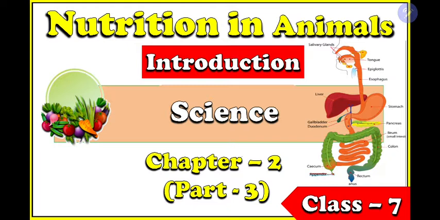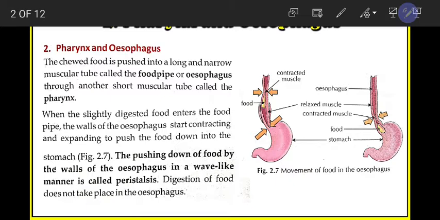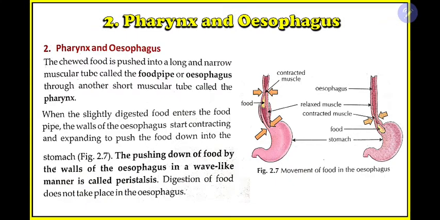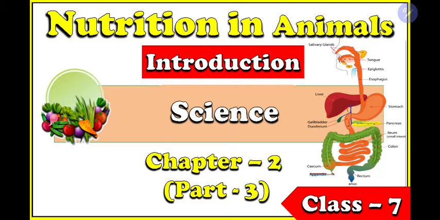So today we'll cover the remaining part of the human digestive tract or the alimentary canal. The next part is the esophagus. The esophagus is also known as the food pipe. Whenever we eat any food from the mouth, it will go to our stomach. This region is our stomach. The stomach is here, but this is your belly. The food will move from here to the stomach, from the mouth to the stomach.